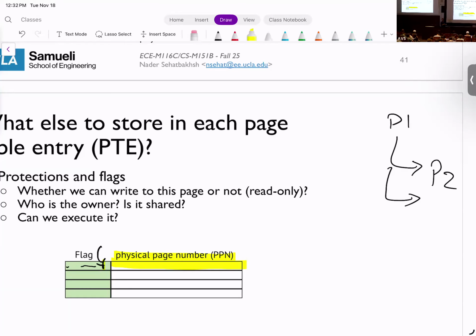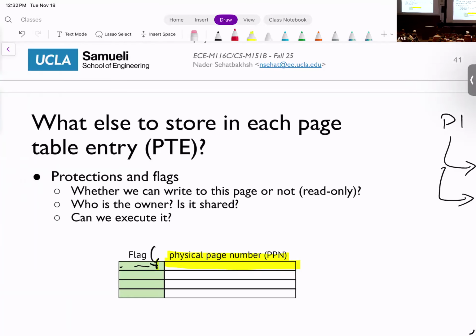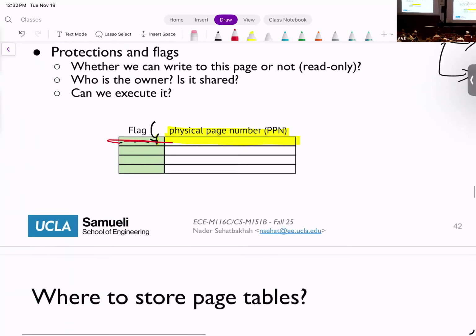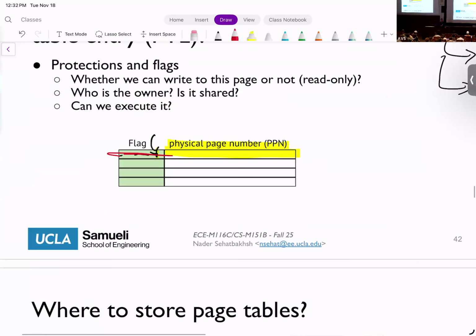How do we share pages between the processes? Again, this is where we share the pages. We, for example, say that this is shared with process number 2, so process number 2 can also read this page and so on. All of those enforcements actually happen during the address translation by storing proper flags here. So it's very important that we protect our page tables from being modified by adversaries if we want to maintain security. Okay? All right. Any questions here?